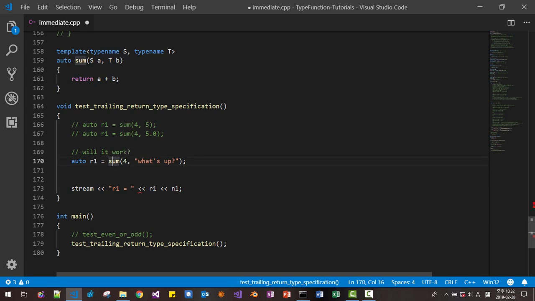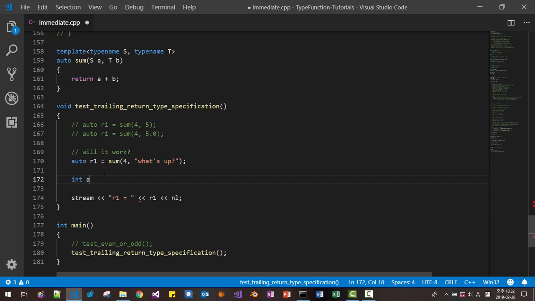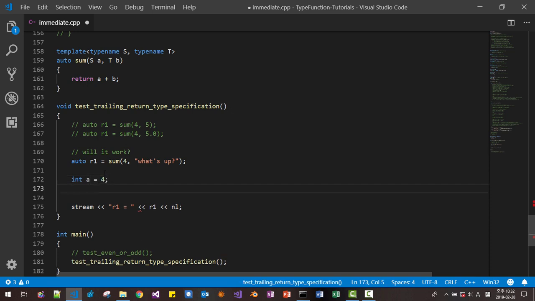In this case, function sum, 4 is an integer here, 4 becomes a, and S is type integer. So to simulate this, int a equals 4, and in this case the type of T becomes constant character pointer or array. So we can define it like this: constant character pointer b equals this.